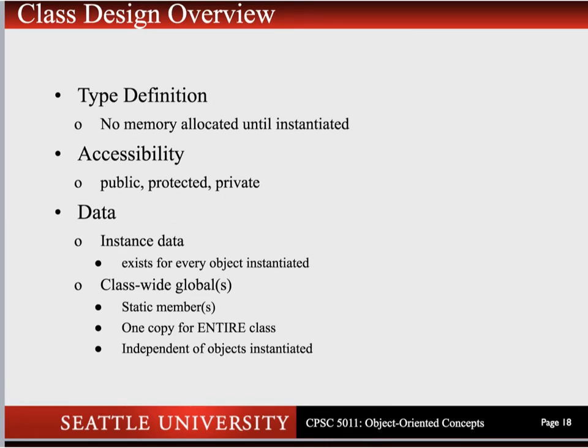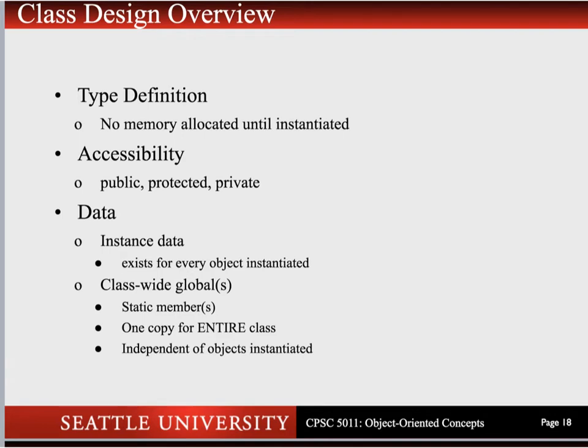So we'll transition now in terms of class design. And again, a lot of this will be covered in more detail in subsequent classes, but just to overview, we have what we call a type definition, where no memory is allocated until you're instantiating a new instance of that class, which is called an object. Accessibility can be defined as public, protected, and private. We've covered private and public, but we have not covered protected, which will be defined later on when we talk about inheritance and this idea of